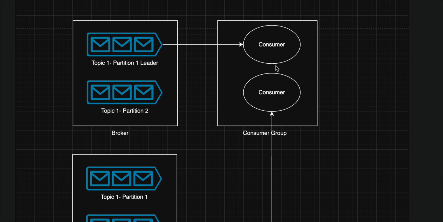It will be connected to multiple brokers, which is common, but it will only consume from the leader. These two follower partitions are just for the sake of data replication, because if the leader goes down, the consumer can start consuming from its follower.